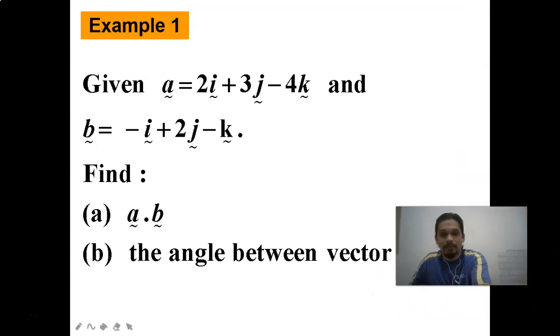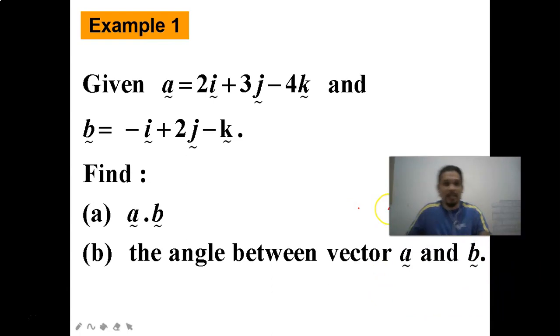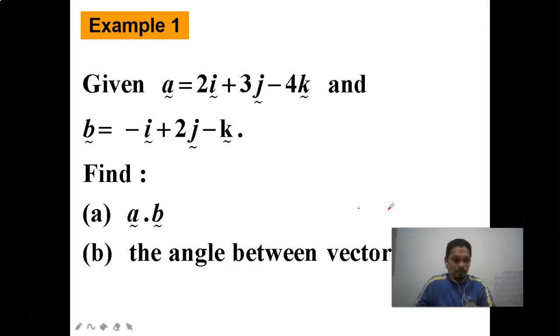Okay, the first example, given that A and B are on the screen here now, find the scalar product of A dot B, which I'm going to just list down here now. A dot B equals the multiplication of the magnitudes of i with i, 2 times negative 1,